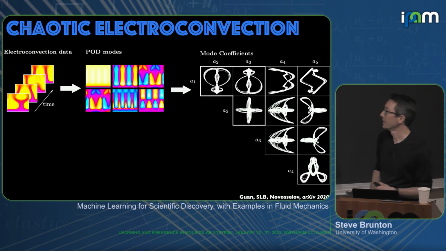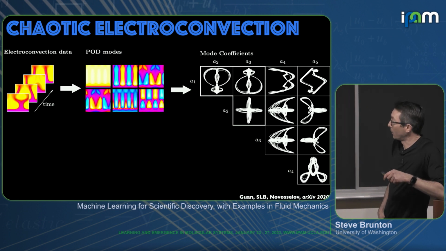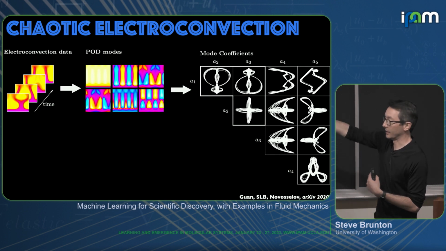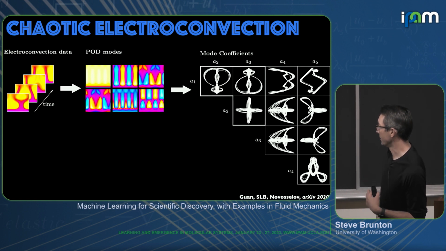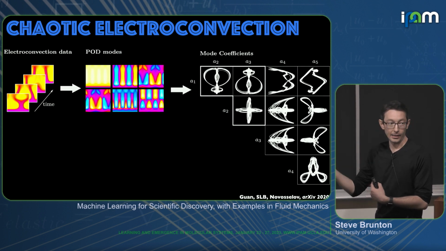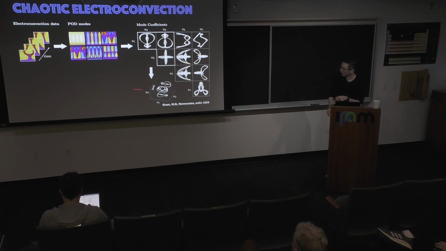And then we look at the amplitudes of those modes as they evolve in time. So A1 is the amplitude of the first mode, A2 is the amplitude of the second mode, and so on and so forth. And we usually plot them like this, A1 versus A2, A1 versus A3. So right off the bat, you can see that this is complicated and has deep symmetries. Okay, if I plot this in 3D, this is A1 versus A2 versus A3. And these are, again, the coefficients of those modes as they evolve in time.